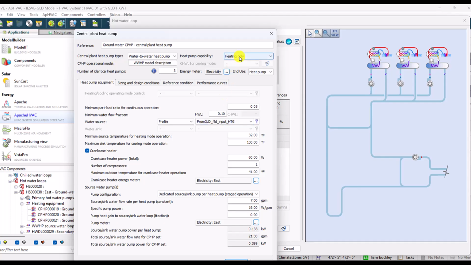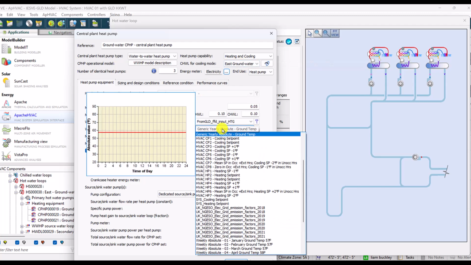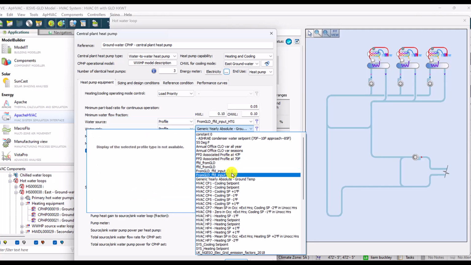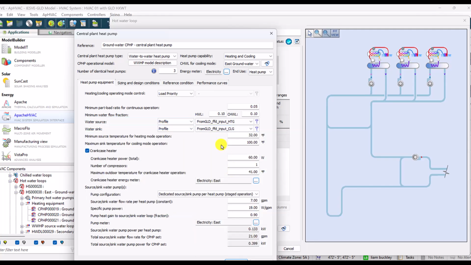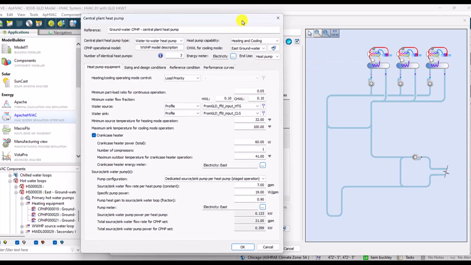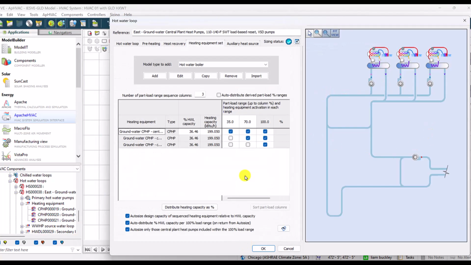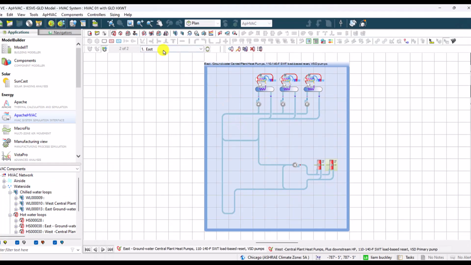Now, if those heat pumps were reversible and they can provide heating and cooling, same idea, and this is basically why you would need to set up two of these, one for heating and one for cooling. And because I'm on the heating loop, you don't see the cooling coils, but those are just as easily available to you. So that's it on the heating side. If you want to take a quick look at the cooling,